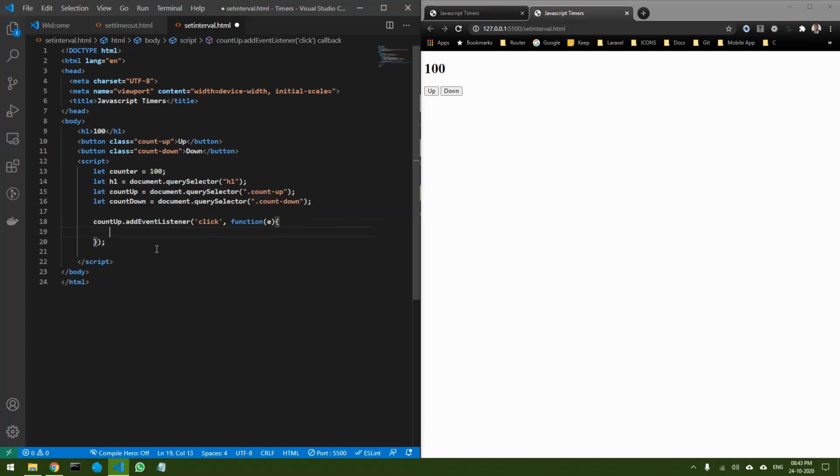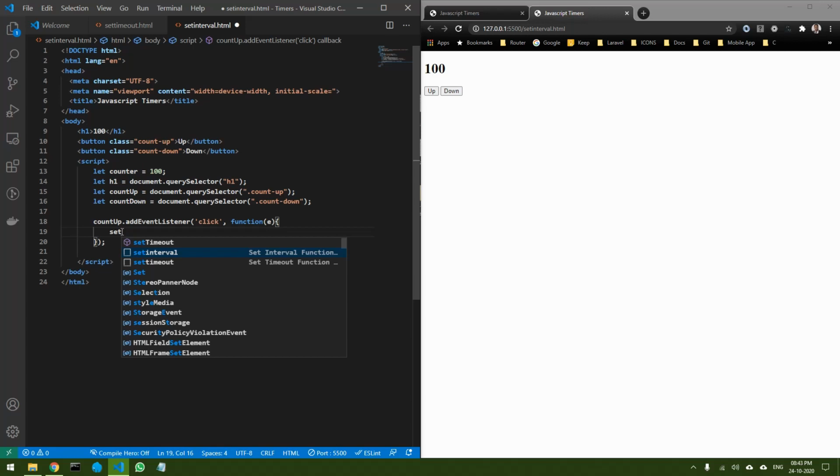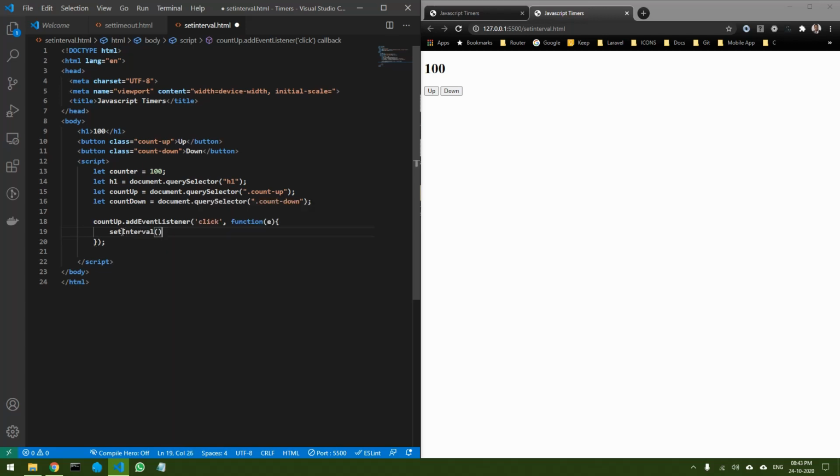Now this is the function that I have. Here I am going to use the setInterval command. Again this command takes the same attributes like before. It will take the function as the first parameter and the delay as the second parameter.